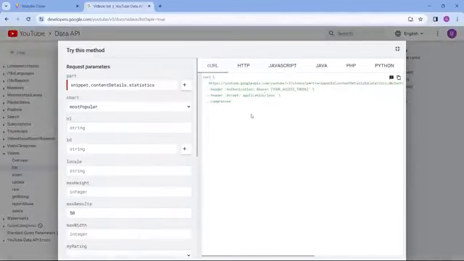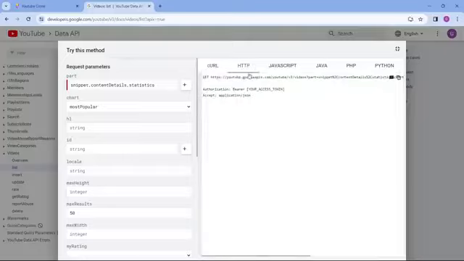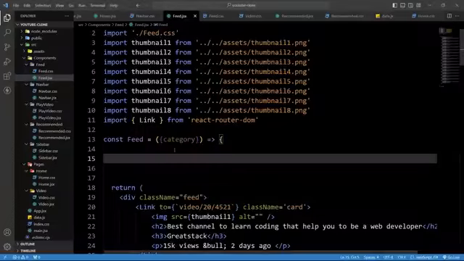After that, we will click on this show code and then click on this HTTP. After selecting it, here we will get one link. Just copy this link. After copying this link, we will come back to the VS Code editor. And here we will create one function and the function name will be fetchData. So let's add const fetchData